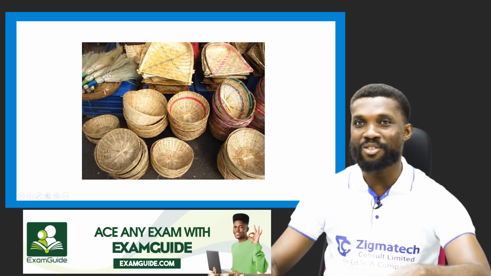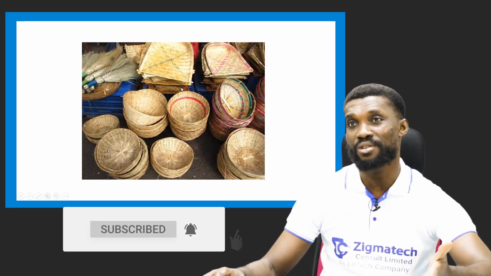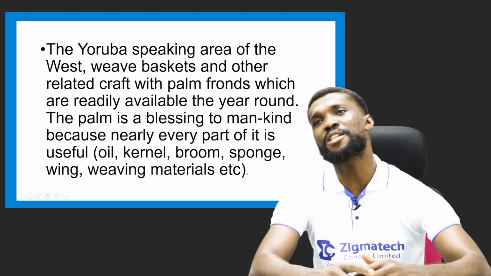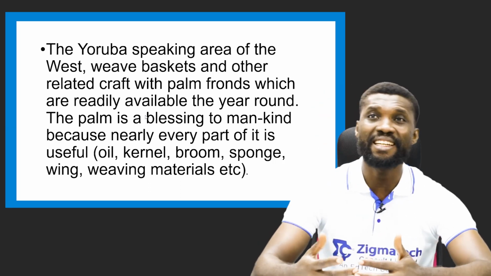And I don't know what this other one is, maybe for chasing flies or something for market people. Now you see the different kinds of material. Some of these things were made out of palm frond. Some of them are made out of what? The raffia or the cane. And some of those items were mentioned previously. All right. Now, the Yoruba-speaking area of the West weave their baskets and other related crafts with palm